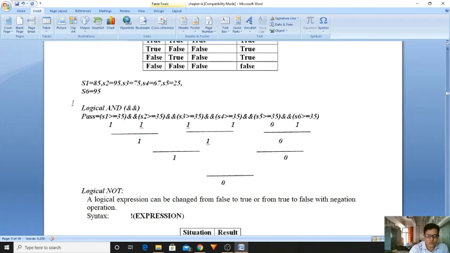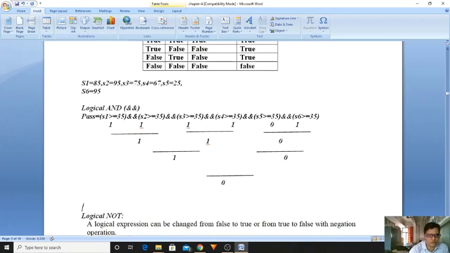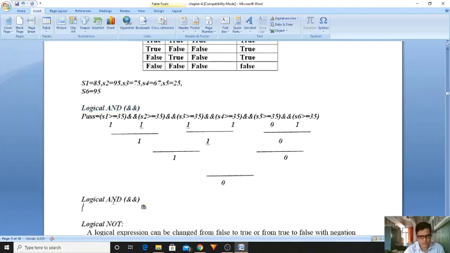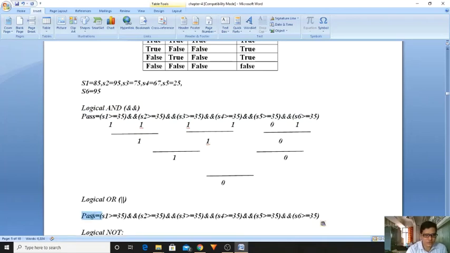Suppose I want to do the logical OR operation for the same condition, to test whether you are pass or fail by using the logical OR operator. Now I am doing some modification. I am taking logical OR, copying and pasting. It is a logical OR. Now it is the pipe symbol, right? Now I'm taking the condition as the same thing. We have to identify whether it is a fail or pass.